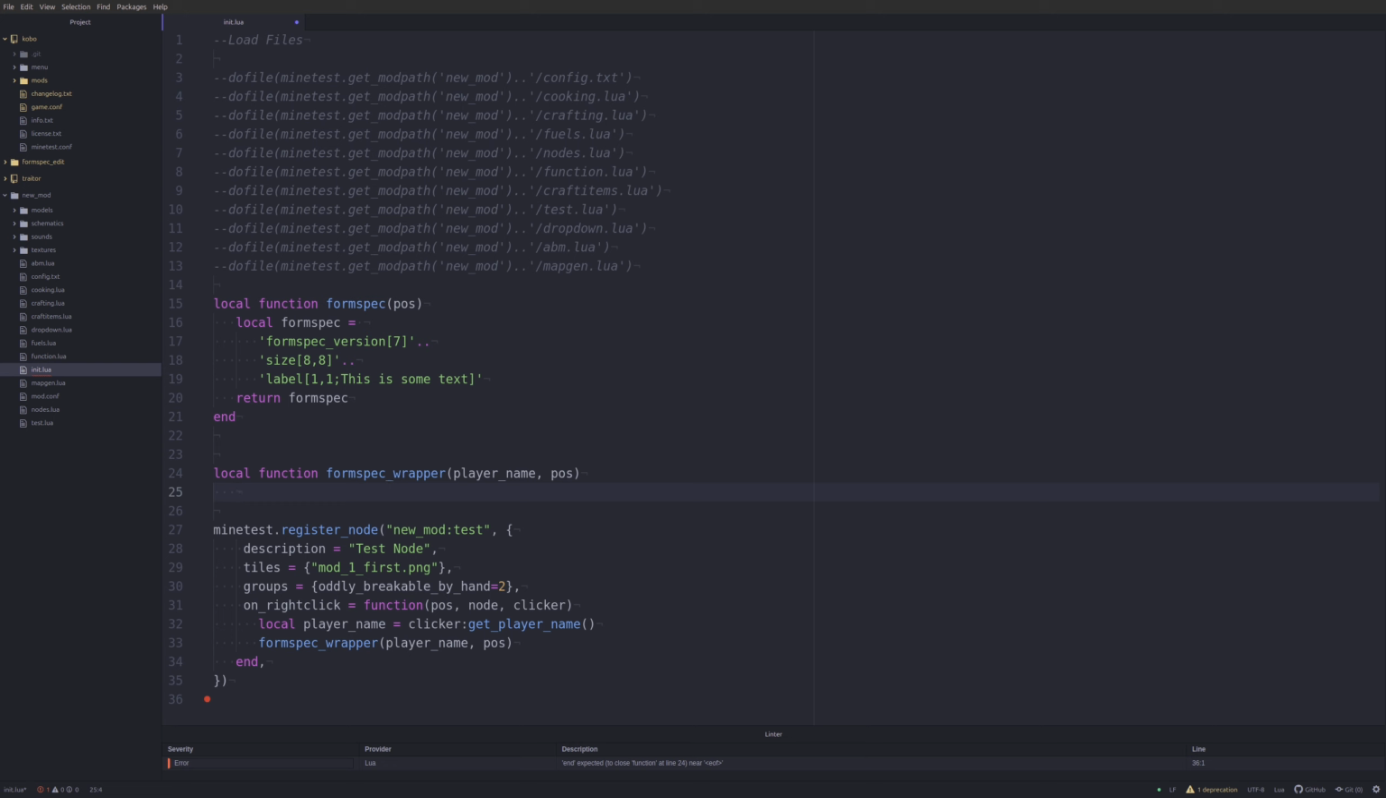So the code for that, we're going to just do a little something like core.show form spec, player names who we're showing the form spec to. We need a string for the name of the form spec, so we will just call this, to use good naming convention, new mod test. I suppose we're not going to actually use that for anything, but convention does say you should have a name for it, because otherwise,